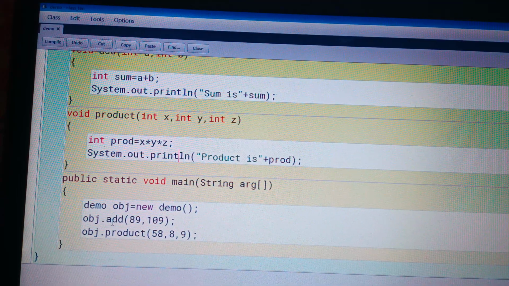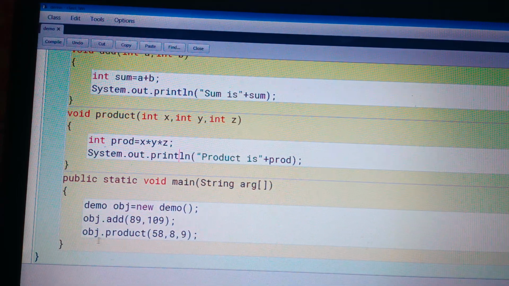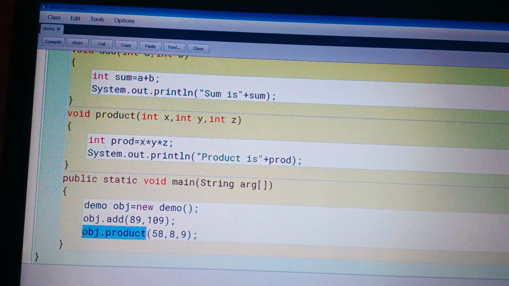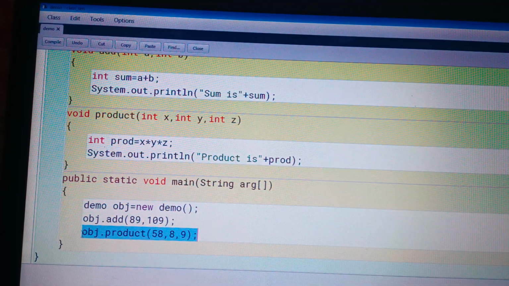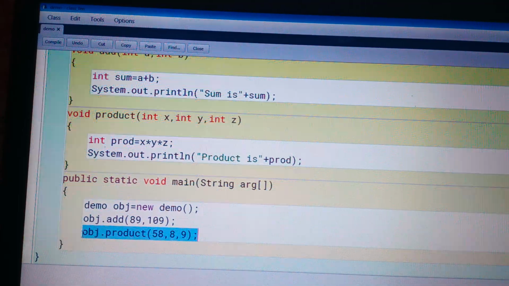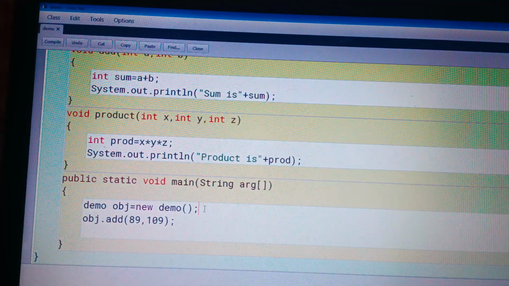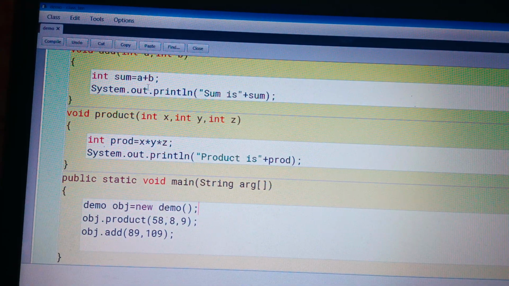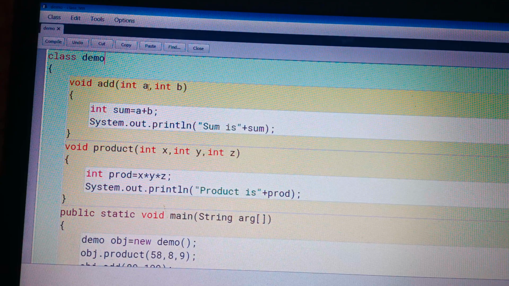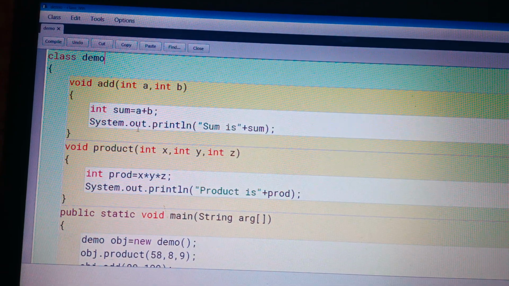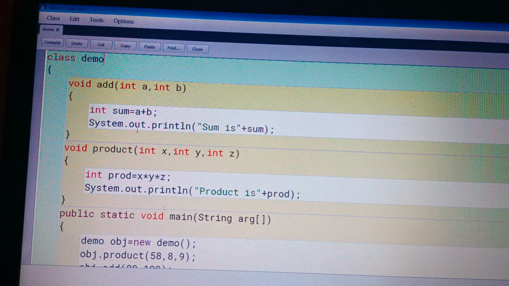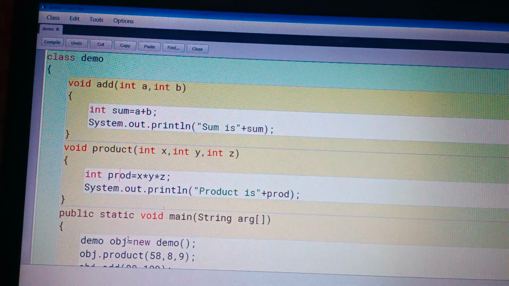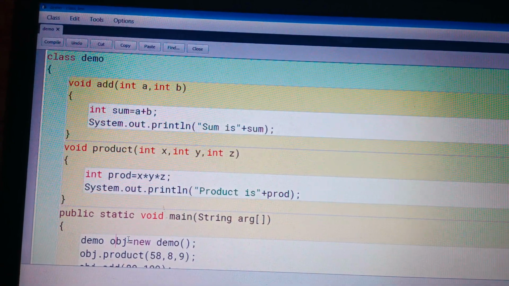Now I am going to change something. Here we are calling firstly the add method, then the product method. So it's object oriented programming. Control directly comes to the main method. When we create or declare the methods, that sequence is not followed. It follows the sequence which has been given in the main method.